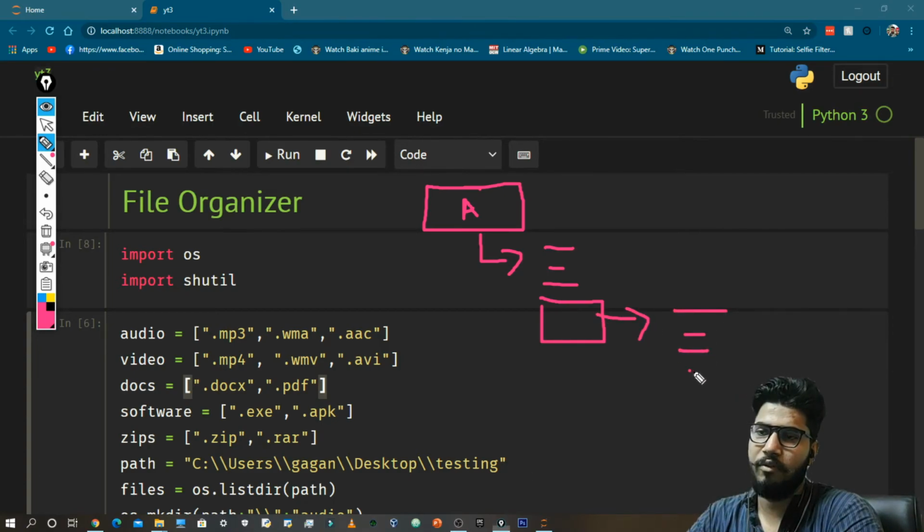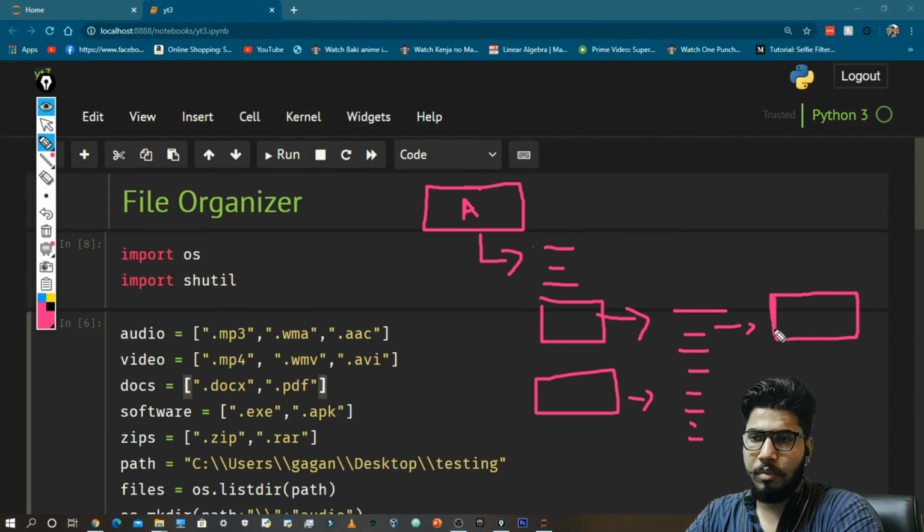So this program will work for just this. You may have another folder here, and it will work for this also. But the problem will arise if there's another folder inside this folder, it will not be able to work through.